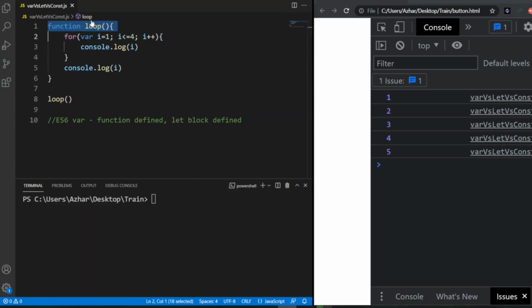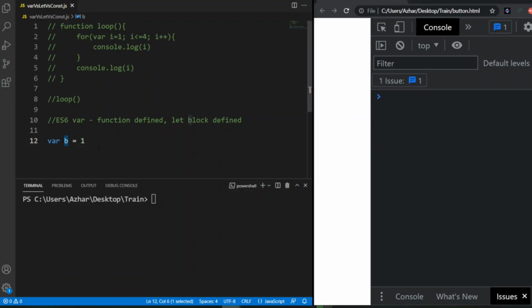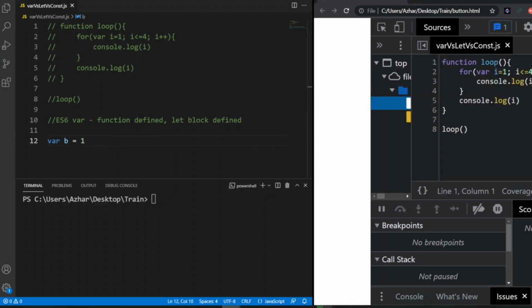Let me comment this out so that I can have the entire thing in the description, so that you can have easy access to the code. So if I just write var b equal to 1, I'm using one variable, declared using var, and I have given it 1, right? So what if I look in the sources? We have the declaration here and we have this in the source.